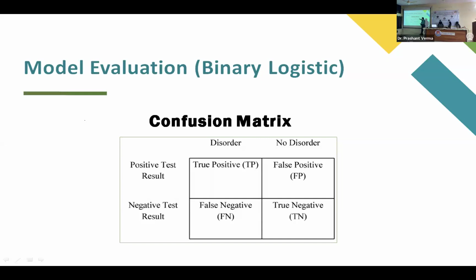So person was not having the disorder and the test result was negative. This part is the true negative and this is false negative. Why? Because the person was actually having the disorder. So this is something reverse of that what we see there. In that case, the upper side was the predicted value, here it was the observed value. But in this case, here are the actual value or the observed value, and this is the predicted value by the model or test. Okay, this concept is clear. So this is basically the concept of the correct classification and misclassification.